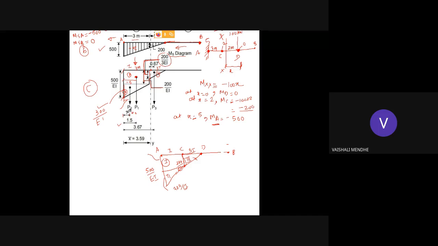और ये थर्ड ट्रायंगल जो है, थर्ड ट्रायंगल का CG क्या रहेगा, इट इज अगेन B/3, दैट इज 2/3। सो ये जो डिस्टेंस है यहाँ पे दिखाया है दैट इज 0.67, लेकिन P3 आपको A से लोकेट करना है। तो 3 प्लस 0.67, you will get location of P3 from this A, that is 3.67, और P2 का